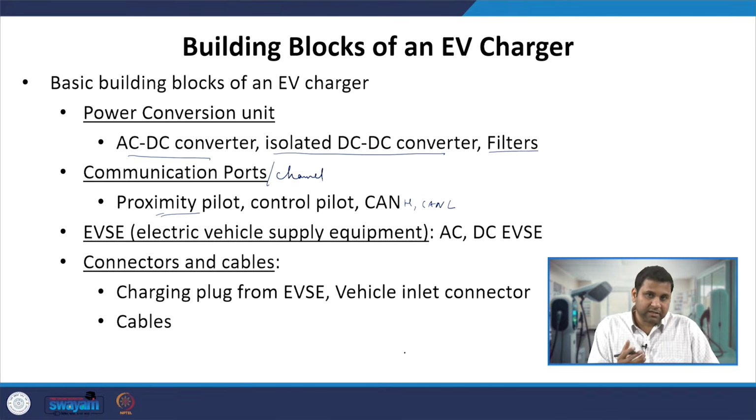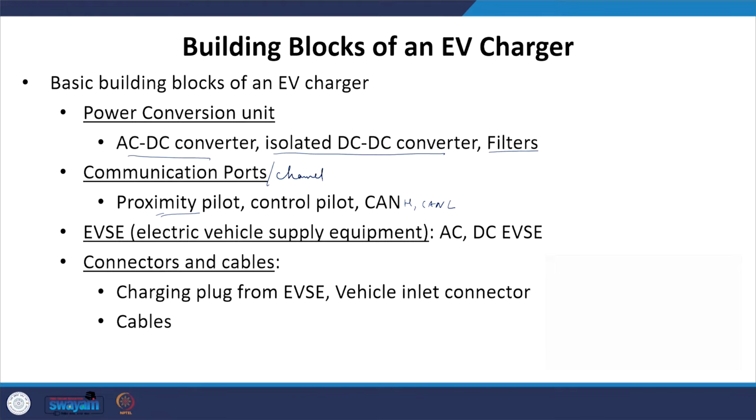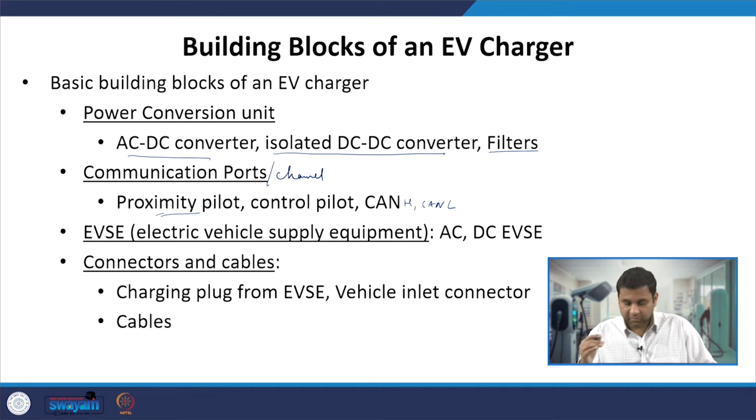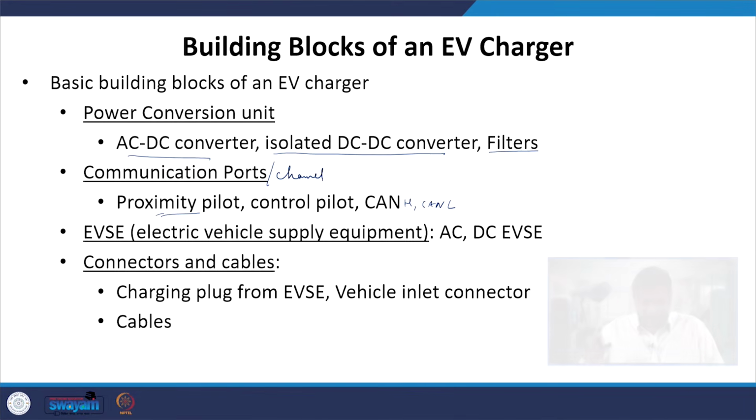Now what is an electric vehicle supply equipment? Electric vehicle supply equipment is nothing but equipment which is kept in between the grid and the vehicle, and it performs all the functionality. For AC EVSE it performs safety-related things. It will do metering, exchanging information, all those perspectives. These two things sometimes will be kept inside that EVSE, which is a system placed between the grid and the EV.